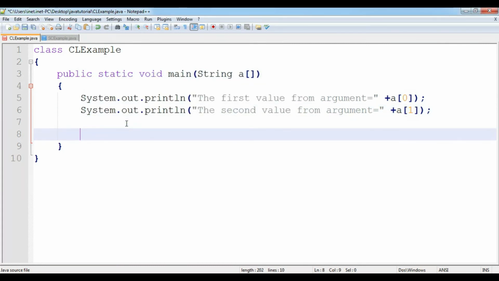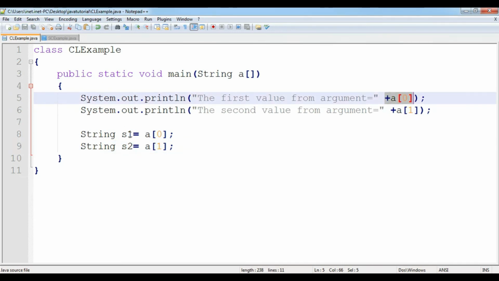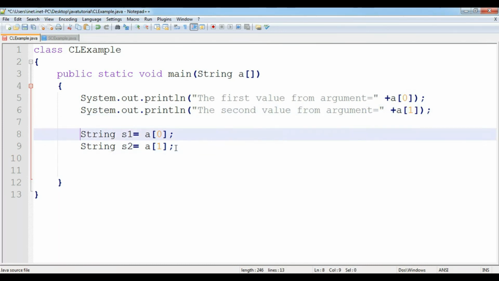Something advanced, you can store these values in strings also. Suppose String S1 is equal to a of 0 and String S2 is equal to a of 1. Meaning the value which is passed in a of 0 will be stored in String S1 and the value which is passed in a of 1 will be stored in S2. Let's print this statement.